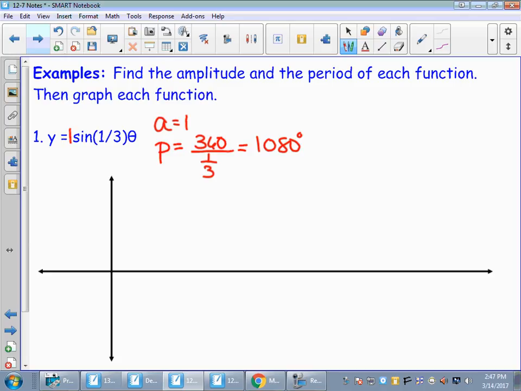So this is a sine curve. So I'm going to have to peak and valley within 1080 degrees. So I'm going to draw my line. I'm going to mark 1080 over here. I'm going to use my calculator and figure out where halfway is. That's 540 degrees. Divide by 2 again, and I get a quarter of the way, 270 degrees. To find 3/4, I take 270, add it on to 540, and I get the upper quarter, 810. So even though I broke that into 4 equal parts, we graph 5 points because we start off